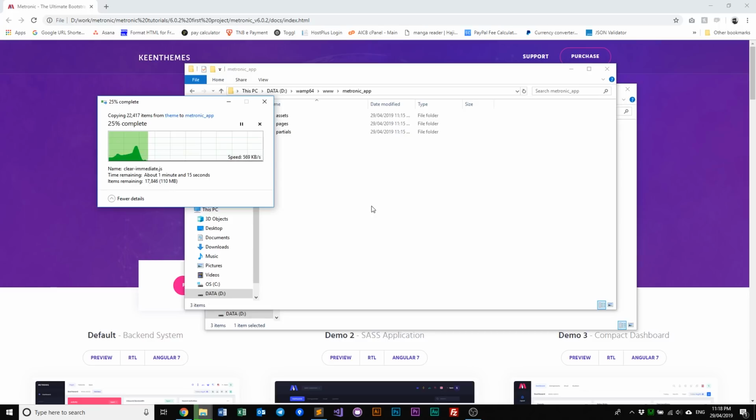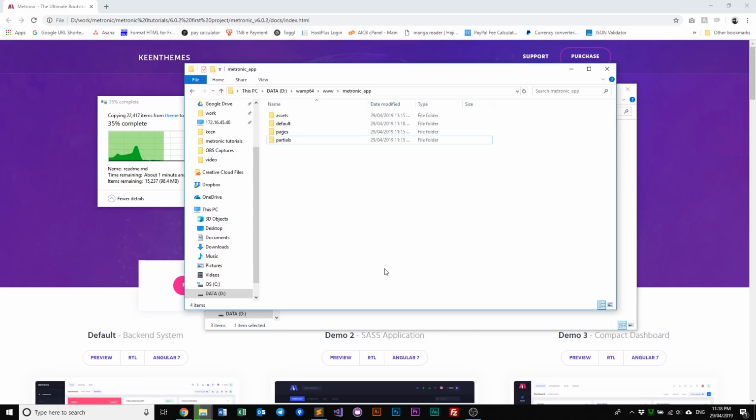However, when you deploy your project to your staging or your production server, you don't need to upload the default package. Okay, so next thing to do here, whilst this is running, what we're going to do is